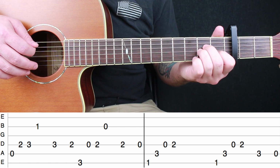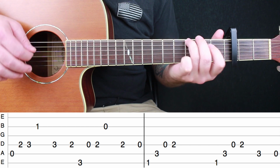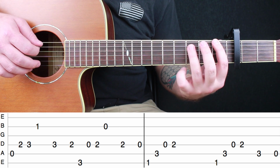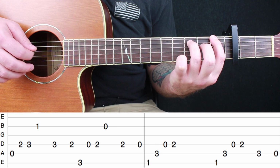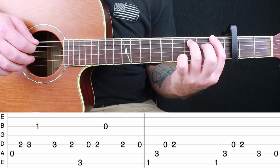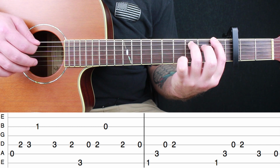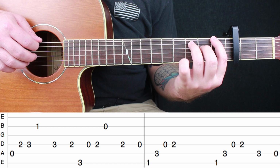So from the 1st chord, then you're going to go 1 on the low E and 3 on the A. You're picking E, A, open D, and then 2 on the D. So you do that twice,